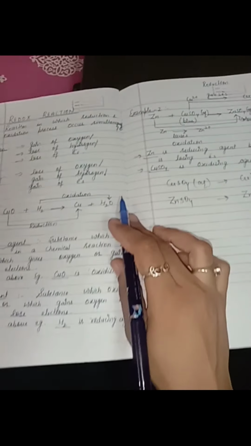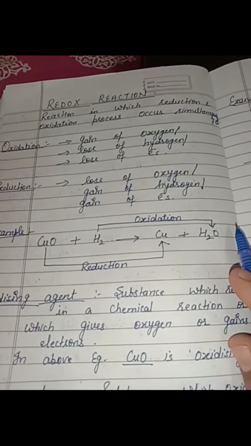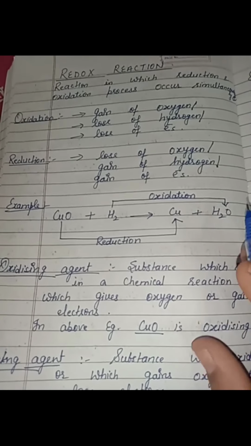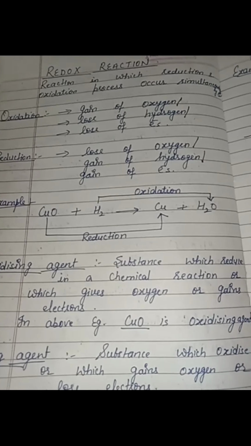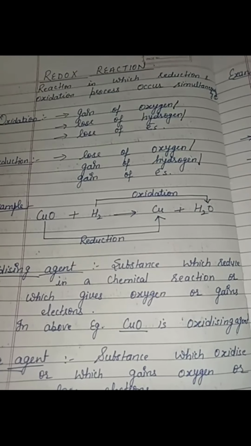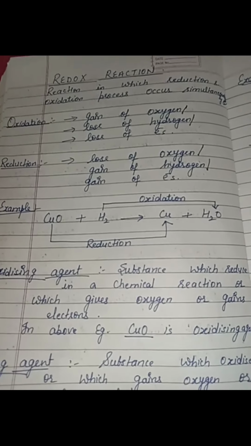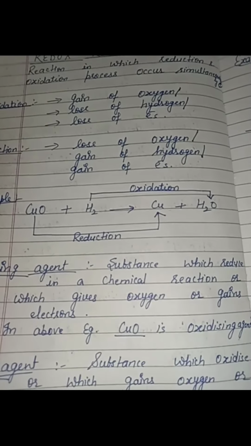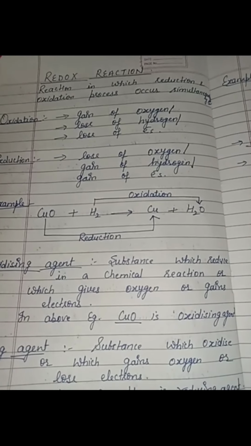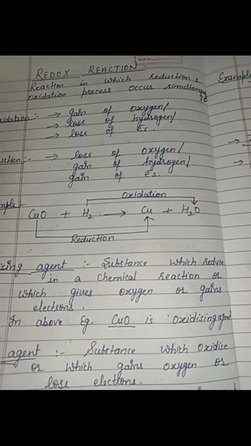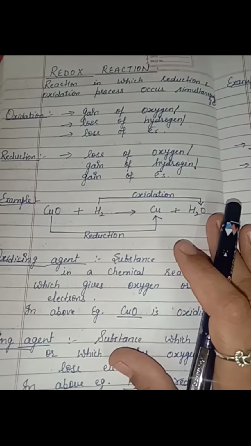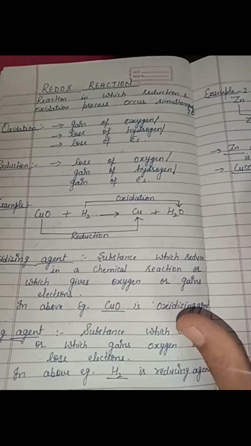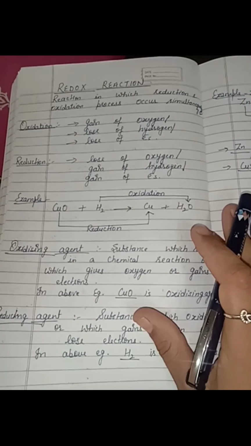So students, we have studied all the types of reactions, all the 5 types. You can learn their definitions, you can learn very easy examples, and in the question, if any equation is given to you and you are asked to tell the type of reaction, you can very easily recognize it if you know the definitions and the examples of these reactions. So you will learn all these types of chemical reactions.